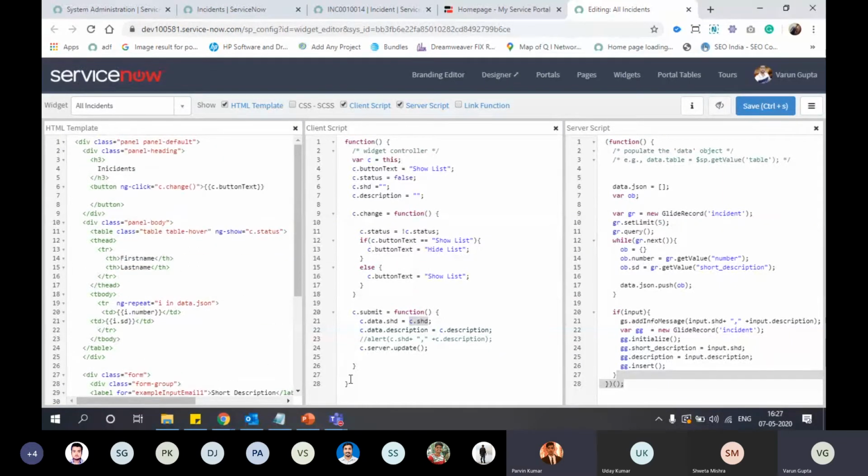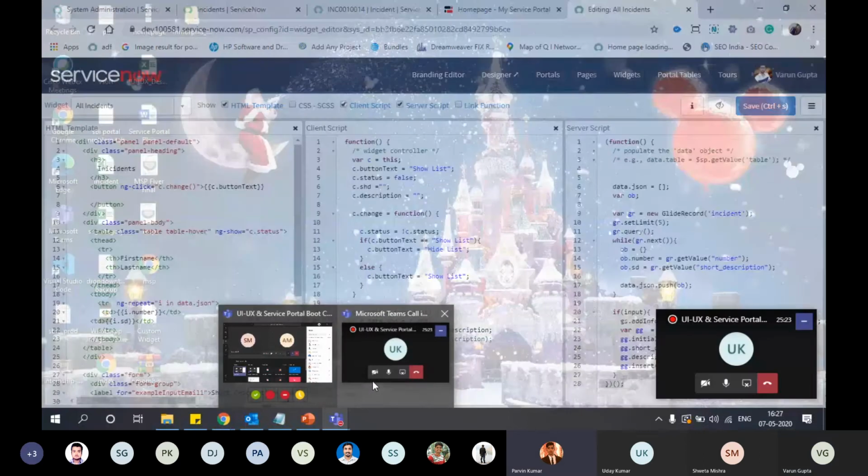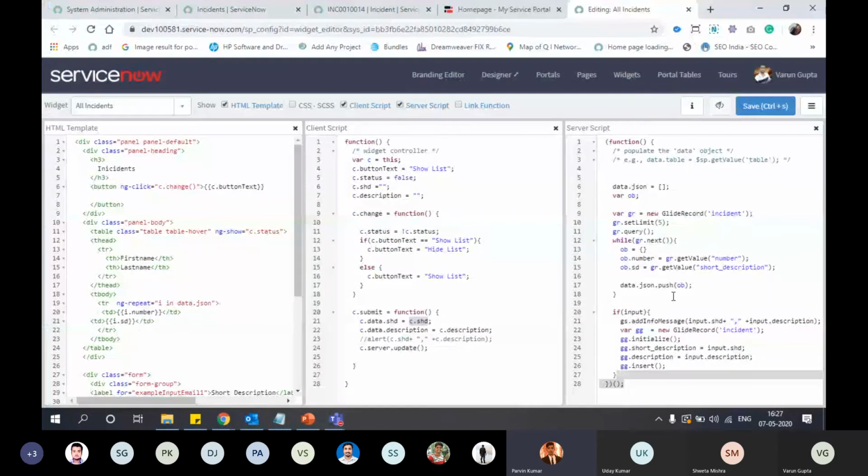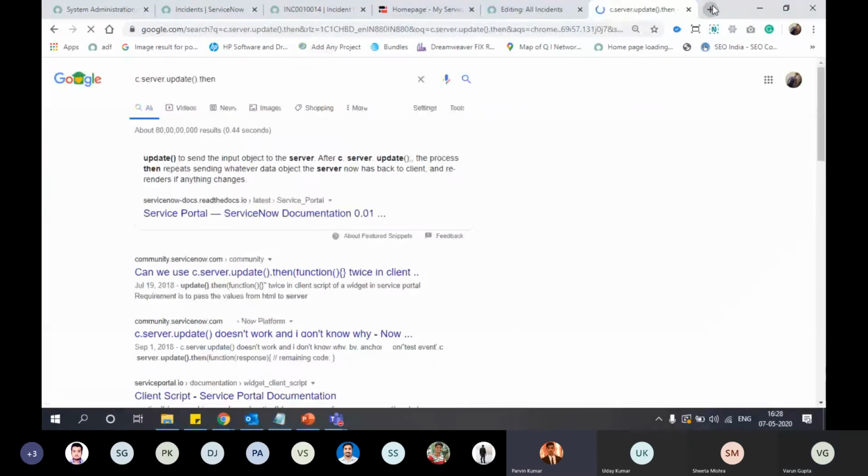Praveen this side. My question is, you have shown all the communication, but how can we communicate from server to client? Suppose the record has been inserted. I want to acknowledge the client that the particular record has been inserted into a table. So I want to return an incident number or something to the client side, from server to client. How can we achieve this requirement? For this, we will use the then function here. Yeah, then means it will return a promise. Is it right?